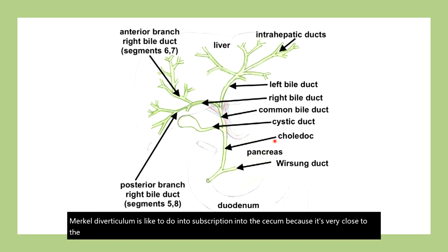So we have intrahepatic ducts, and we're also going to have extrahepatic ducts. We have disorders that only affect the extrahepatic one, and we have disorders that affect the intrahepatic and also the extrahepatic. So